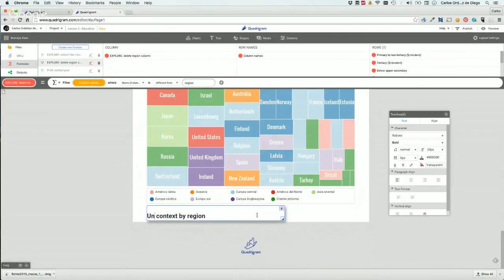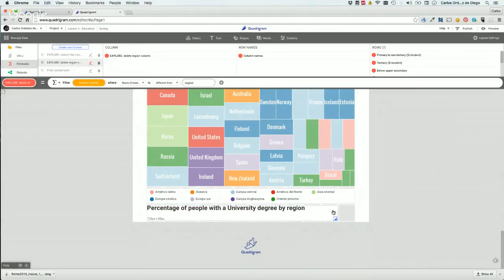That's university, people with a university degree, percentage of people with a university degree by region. It's really long, but that's okay. I think that